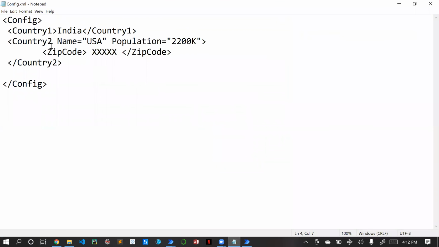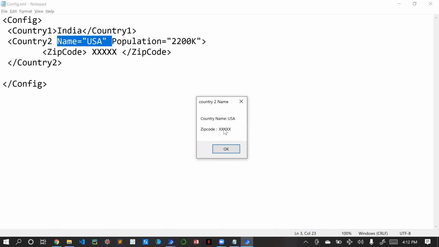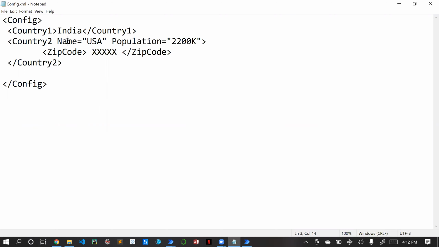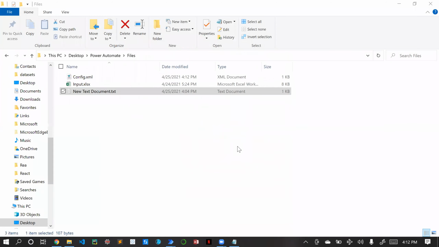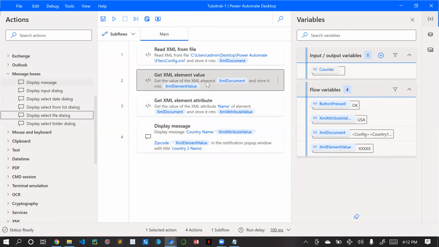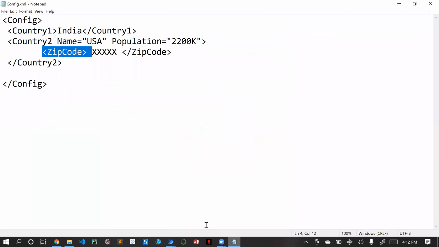By using attribute, we retrieved the name. By using element, we retrieved the zip code. The name came through attribute, the zip code came through element. This is how we work with get element value and get attribute value. Attribute is the data which is in the tag.